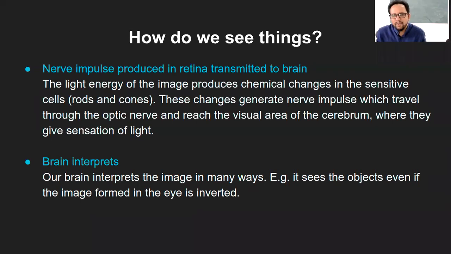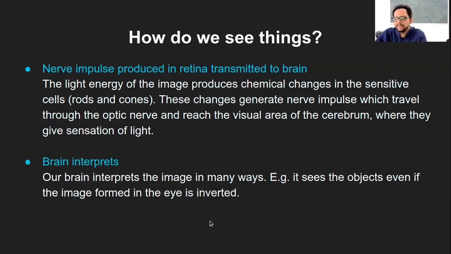So that is the whole process. In short, light will induce the pigment to generate a chemical change, and it will create the electrical signal out of that chemical energy. It will be transferred to the neurons, and that neuron will take that signal via the optic nerve to the brain. And then the fourth step is the brain will interpret that signal.